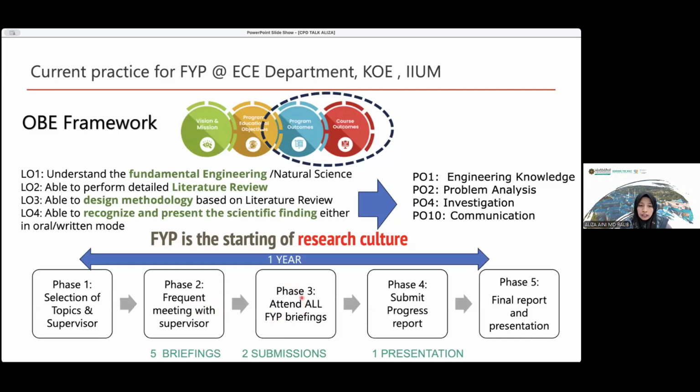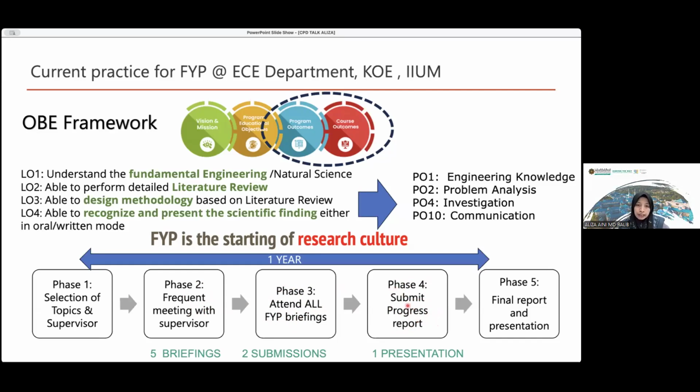All the skills, how they do the literature review, what important tools they need to use will be covered in the FYP briefings. And to ensure that they have some progress, because they don't have classes, they need to submit a progress report, I think in the middle of the semester.